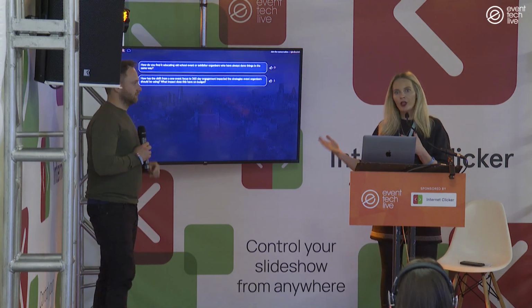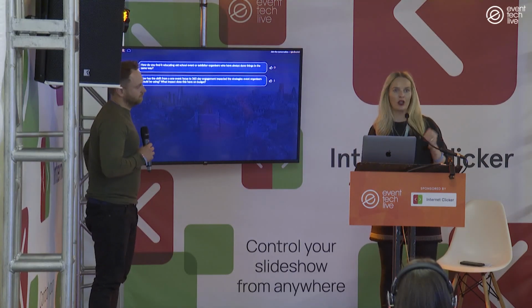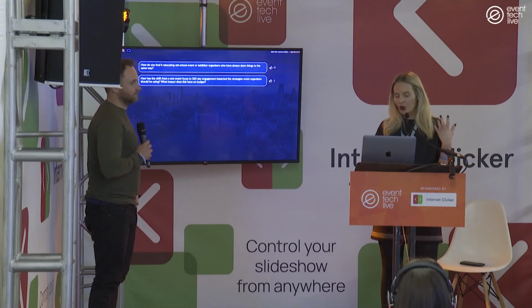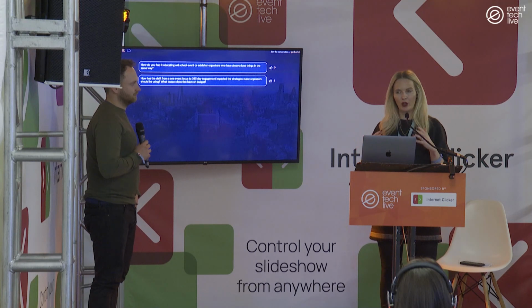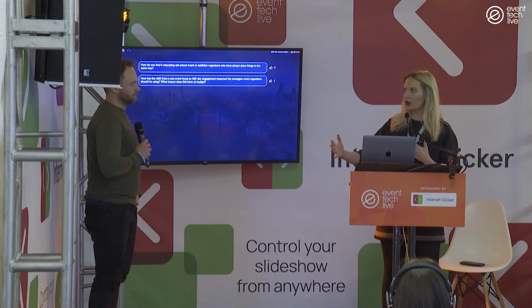Because if you can say to them with confidence, I know it costs you £8 a registration and we know 60% of them are going to show up for this event. Once you can talk in those kind of numbers, which can be very difficult to get from other marketing channels, I think that's how you start to change mindset.